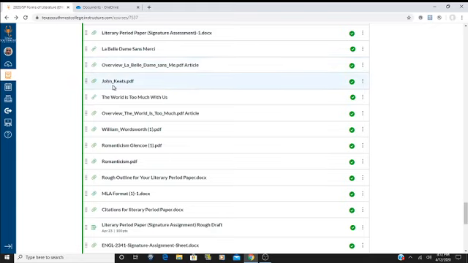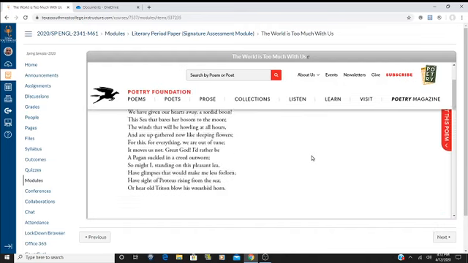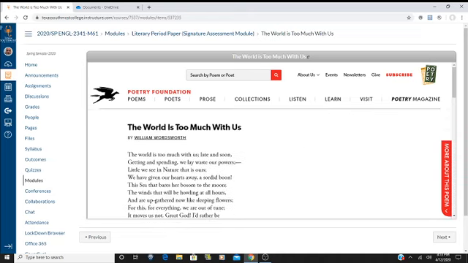And it is by this author, John Keats. And that article there will give you a couple of facts about his life that you can use in the third section of your paper. The same thing here with The World is Too Much With Us by William Wordsworth. It's only 14 lines. It is a sonnet. And basically he says we're too worried about money and our schedules and our jobs that we don't notice the beauty of nature all around us. And I think that's true even today.